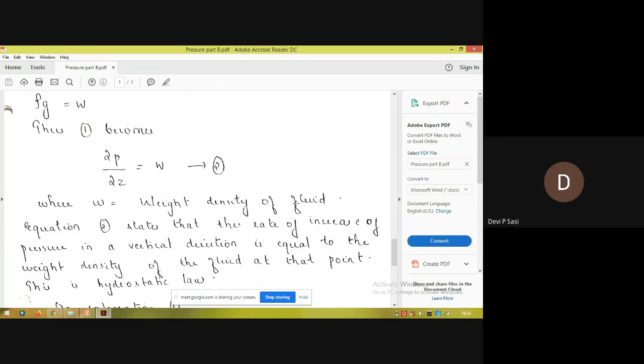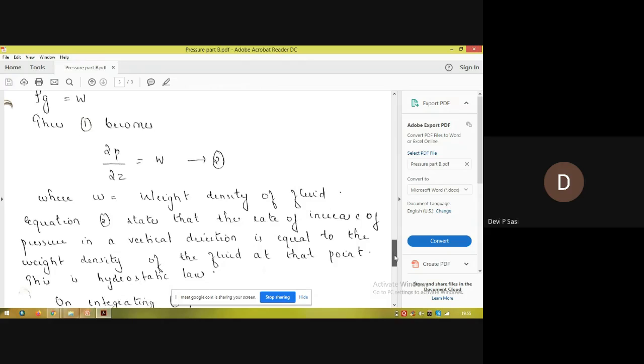And this particular law is known as the hydrostatic law. Hydrostatic law states that the rate of increase of pressure in a vertical direction equals the weight density of the fluid, that is W, the weight density of the fluid at that point. This is known as the hydrostatic law. Now,